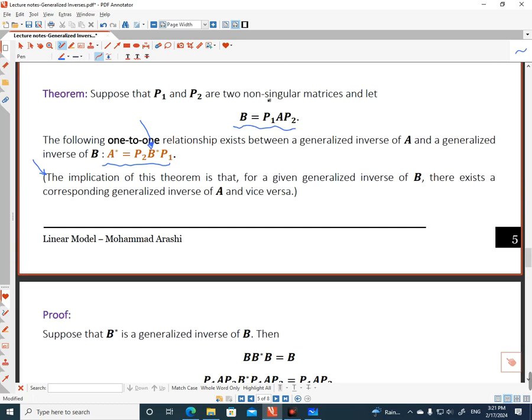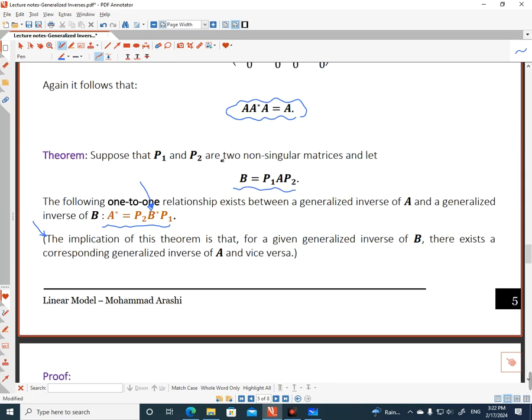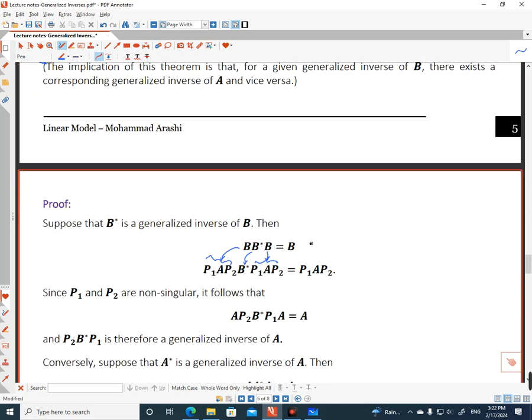By assuming that this equality happens, we must also keep in mind that B star is the generalized inverse of B. Okay, I substitute B by the formula. So you have here the B star, and then the B once again. Once again, since these are non-singular matrices, we can say that this P2 B star P1 A, I can write it as